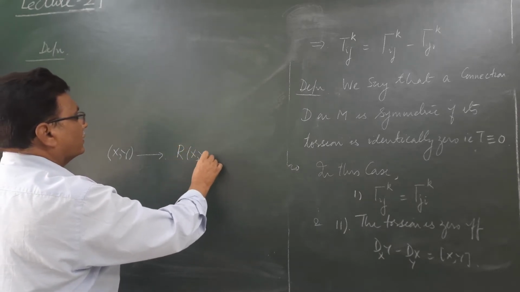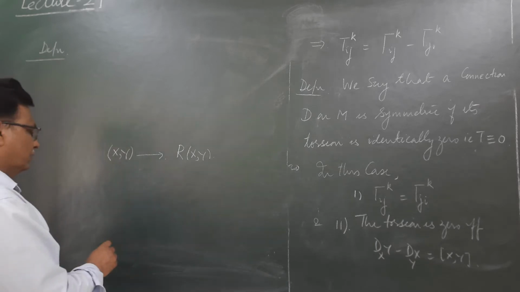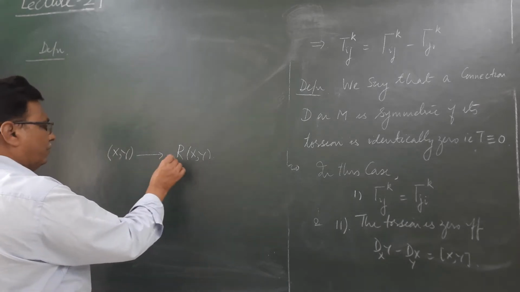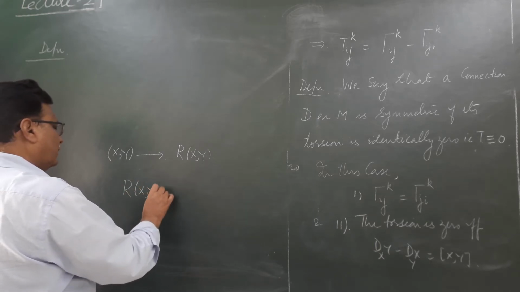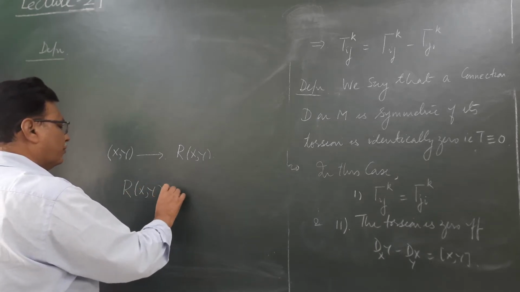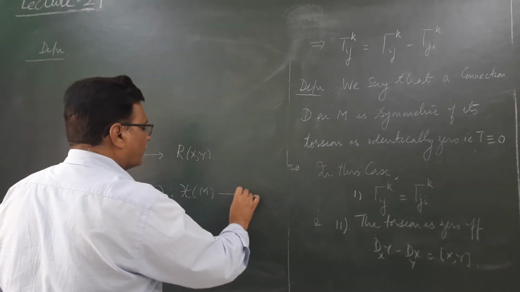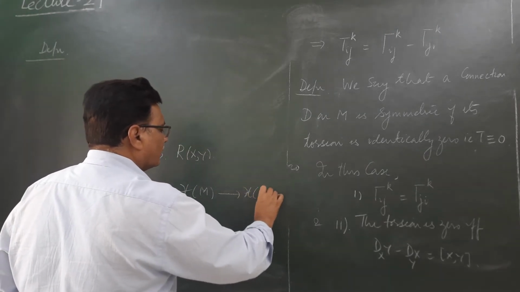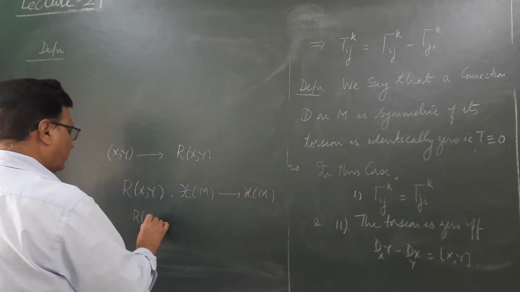I will call it R(X, Y). So R(X, Y) is not a function, it is a map in fact on the space of vector fields. I define my R in such a way that R(X, Y) is a map from 𝔛(M) to 𝔛(M). So R(X, Y) will operate on a vector field Z,